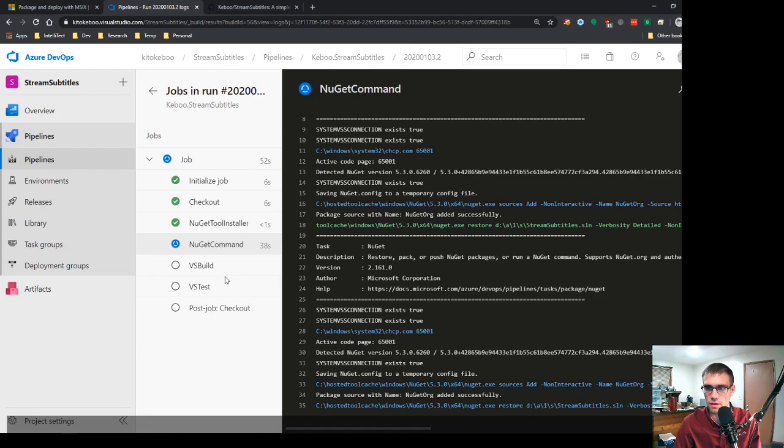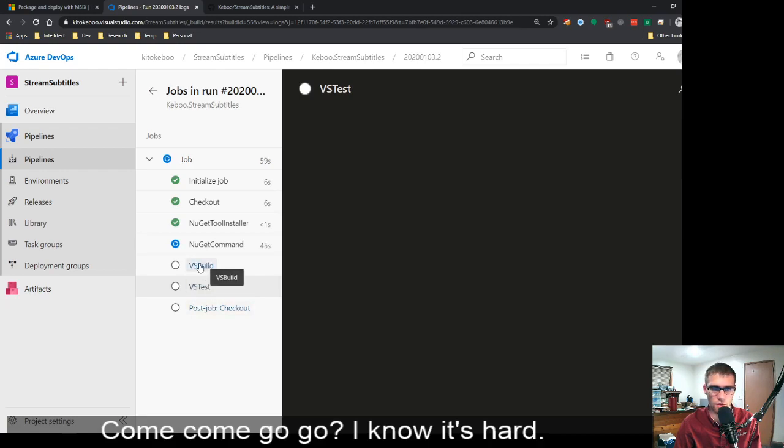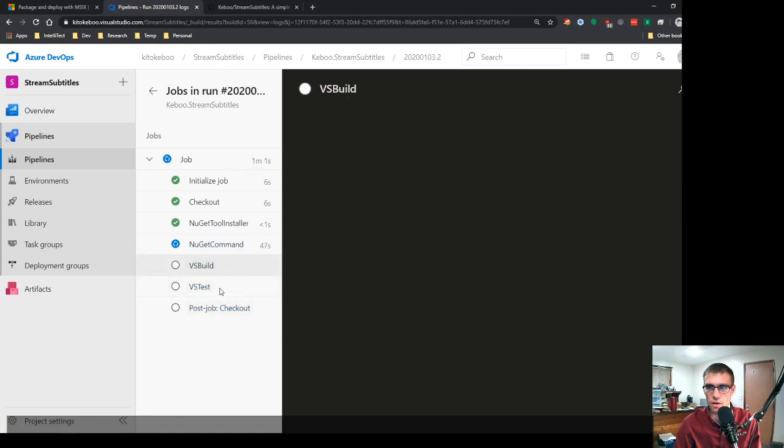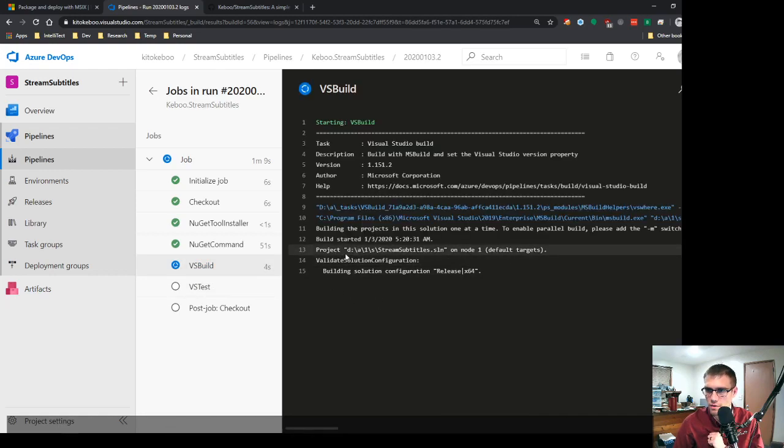Come on. Go. I know it's hard. But I do want to make sure that we actually see tests go through here, because having a CI pipeline that doesn't run your tests is not that helpful. Okay, so I just want to confirm